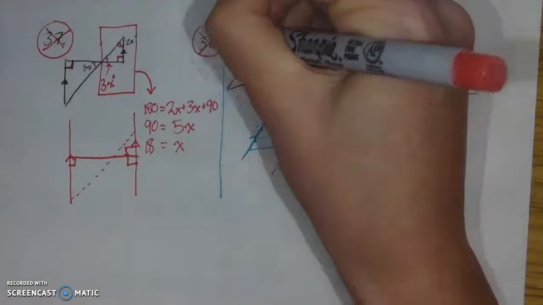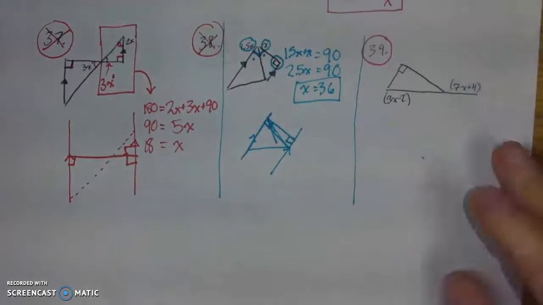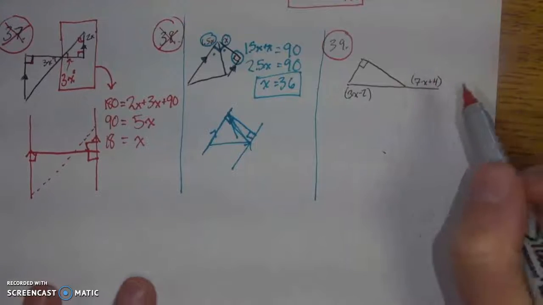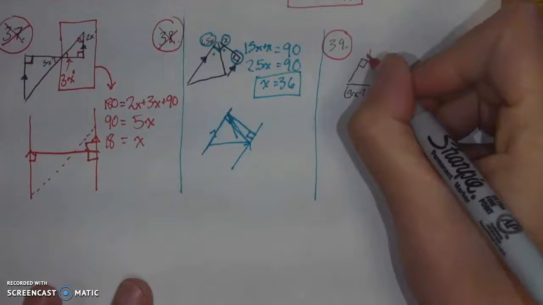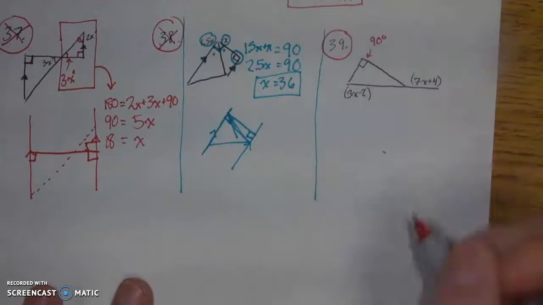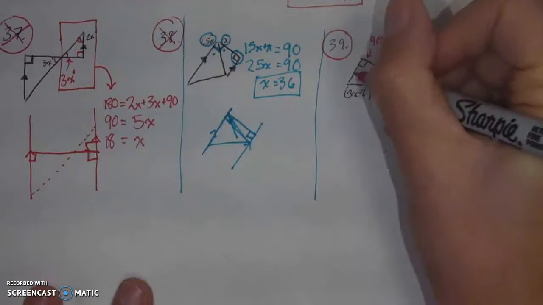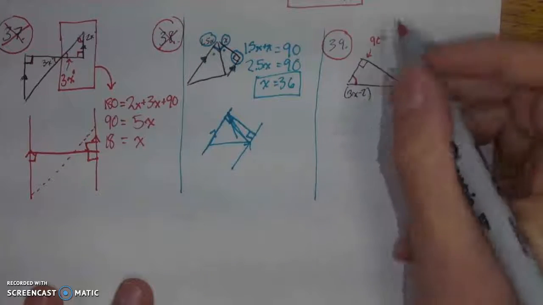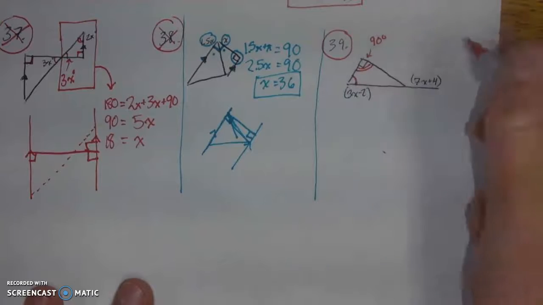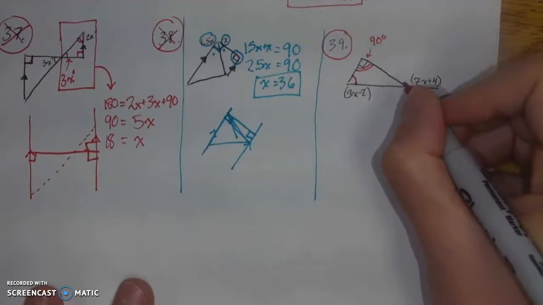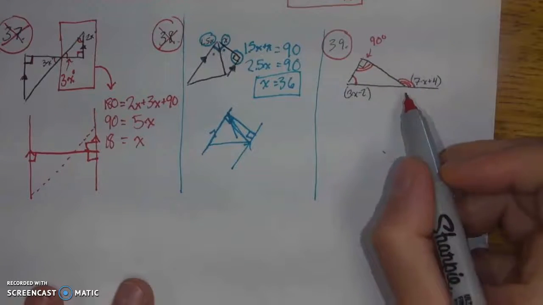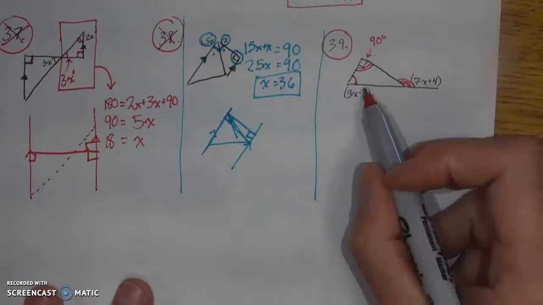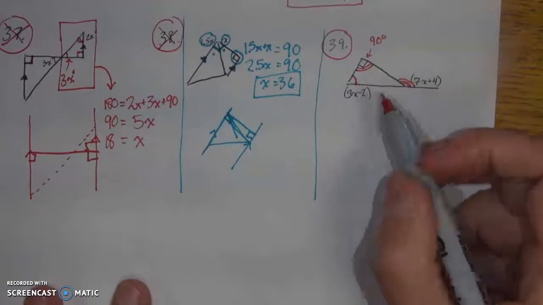So let's get to our final problem then, problem number 39. When we're looking at this one, don't forget that the square in the corner does, of course, mean 90 degrees. And I'm going to just, for now, mark the angles that I have. I have this 3x minus 2, I have this 90, and I have this exterior angle. Now, the reason why these markings are handy is because that's going to help me figure out what formula